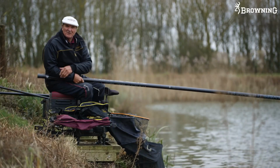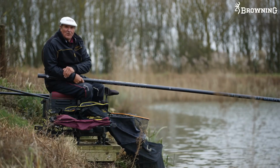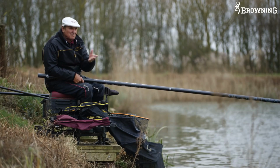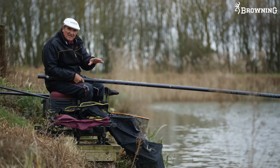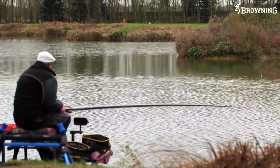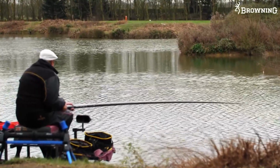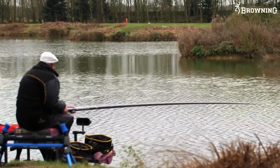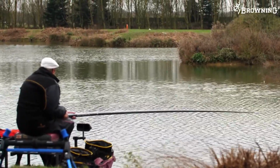In the summer, say you were here, as I say, this is Lawn Farm Fishery. Day tickets are £7, so it's quite good, a beautiful place to fish. This lake is called Willow Lake. Probably one of the best skimmer lakes there are. They have a lot of matches here as well. And regularly in the summer you can catch 50 and 60 pound weights of skimmers, so you can tell it's